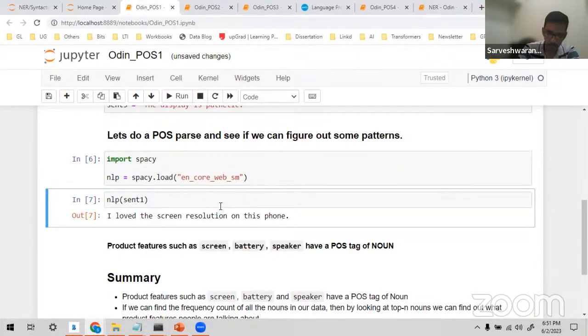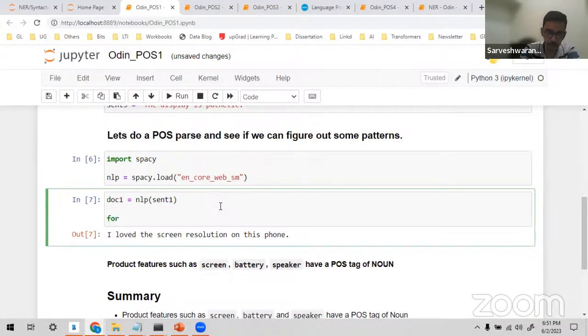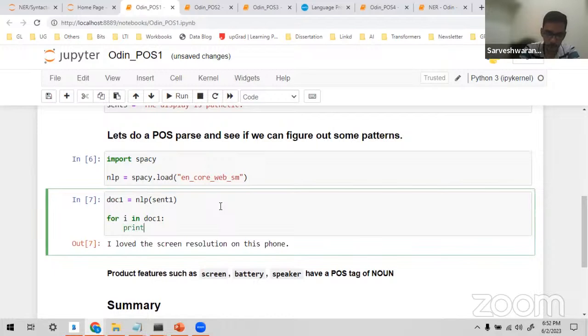So how do I extract the entities? For the document 1, for i in doc1, now I want to print i.text and i.pos_, the text and the part of speech.